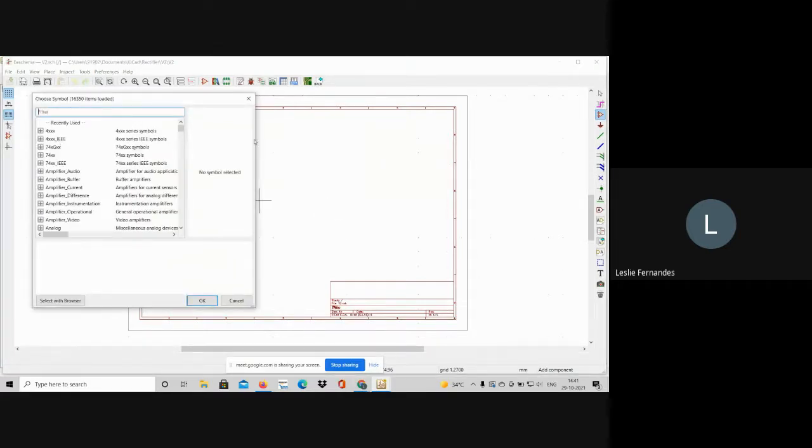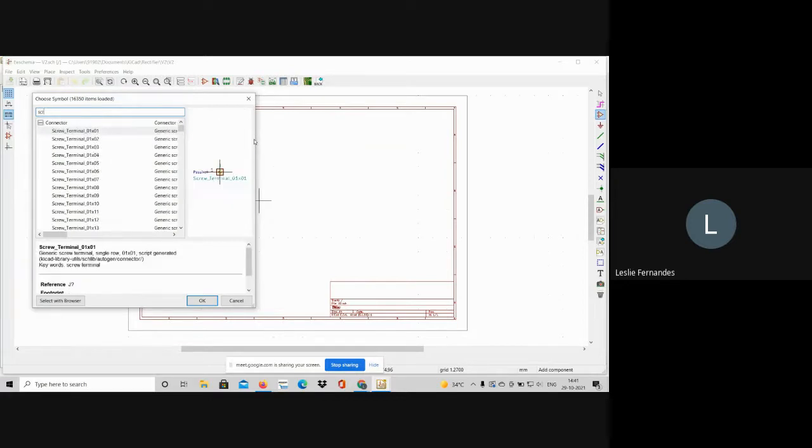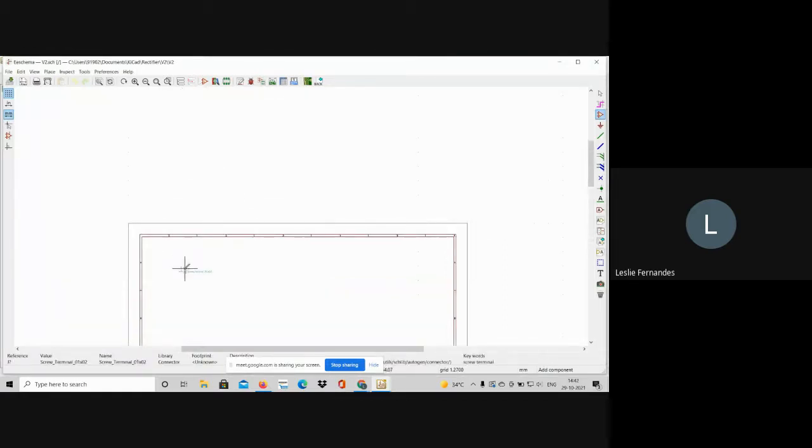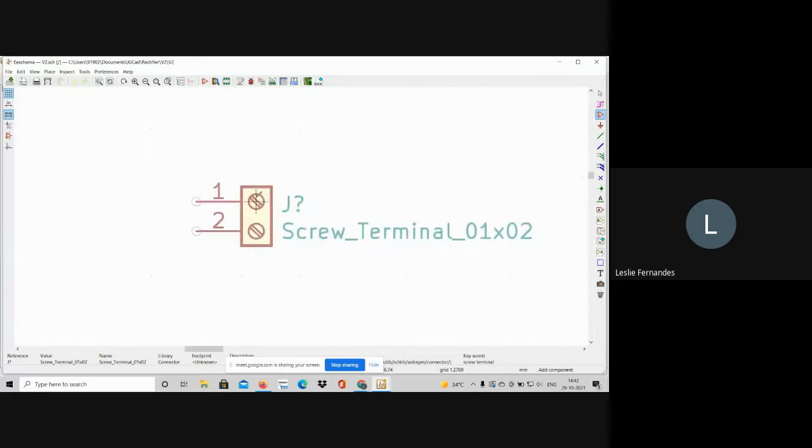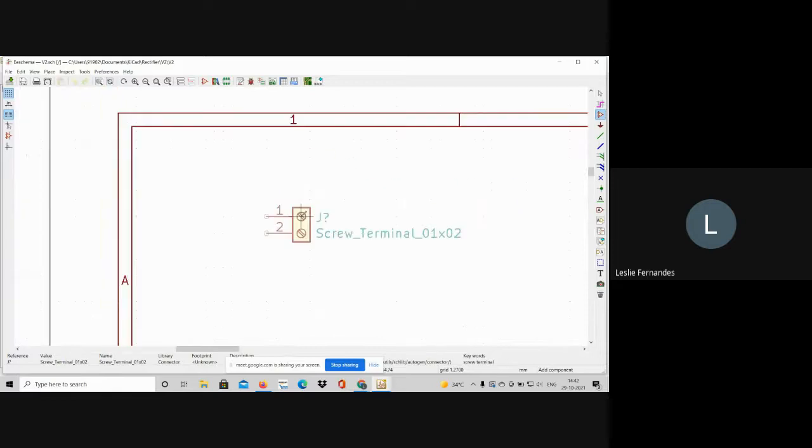First thing that I will require is a screw terminal. And I will require a 1/2 screw terminal. Basically, what I'll be doing is I'll be connecting my transformer to this screw terminal.